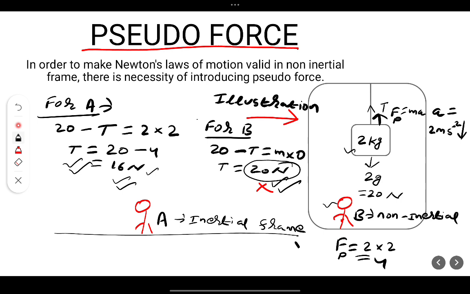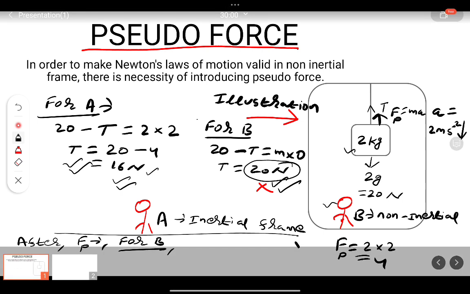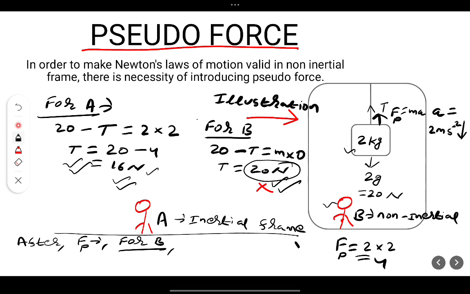Now for B, after introduction of pseudo force Fp, what will happen? Fp is upward, tension is also upward, and the weight is in the downward direction. So the force equation, Newton's second law equation, is such that this person sees the block at rest, but after introduction of pseudo force the equation becomes: